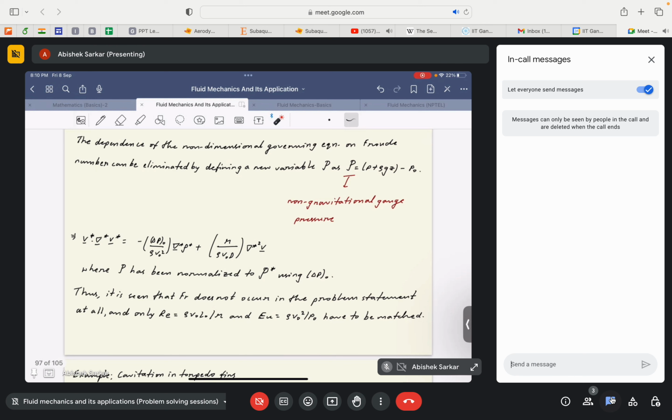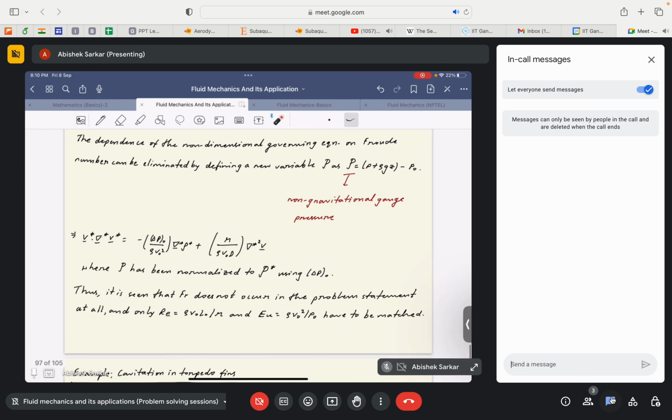And it is told that the Froude number does not come into the picture in the case of the Navier-Stokes equation. Only the Reynolds number and the Euler number have to be matched. Why? Because you can clearly see that since there are only two non-dimensional numbers, it basically tells us that the viscous stresses as well as the pressure gradient force are the driving factors in the case of the flow field,